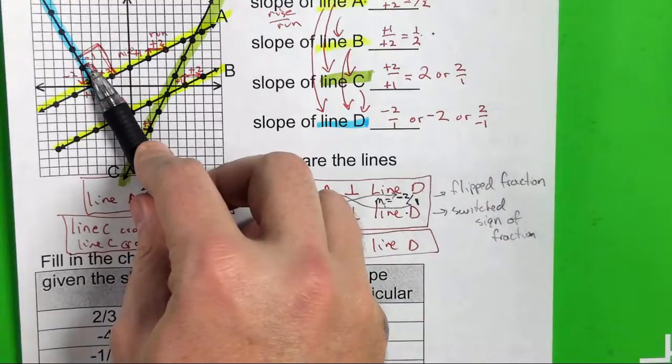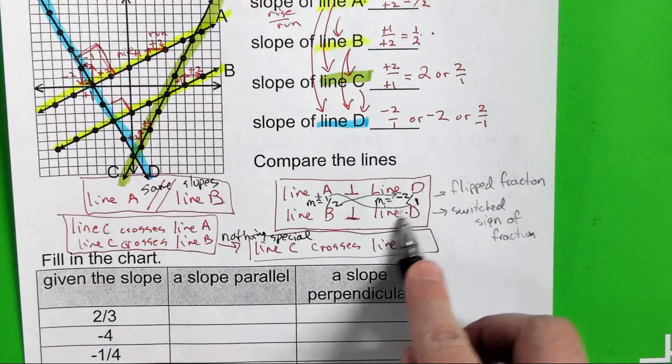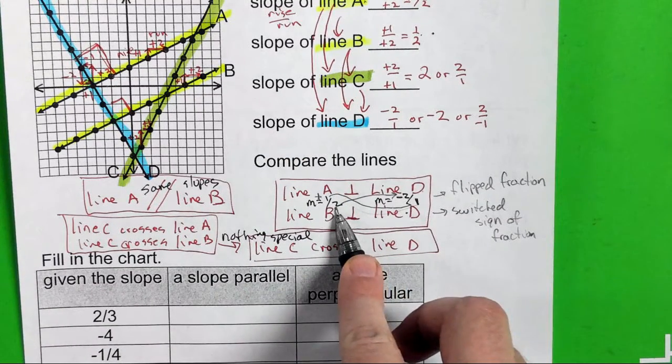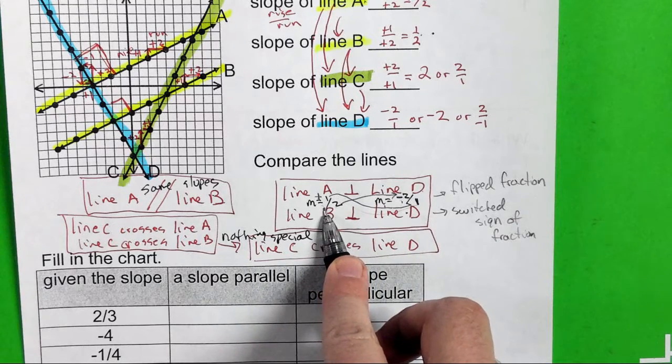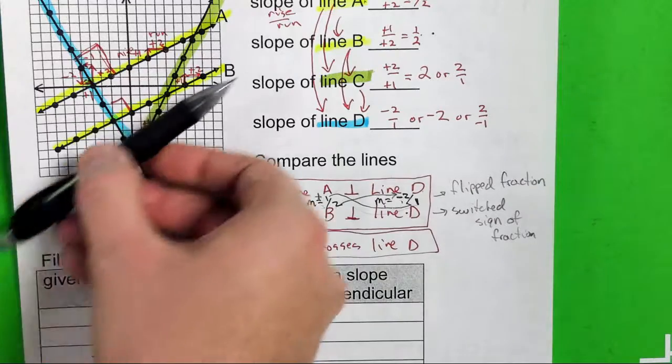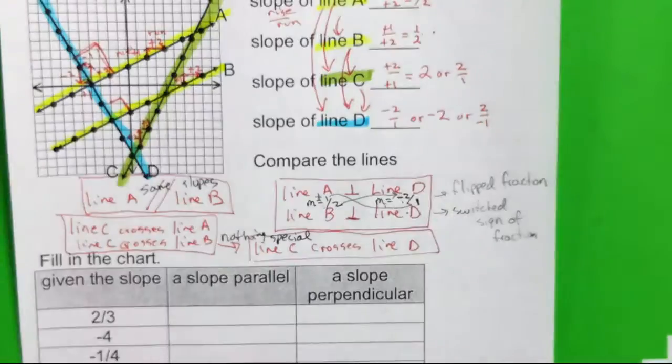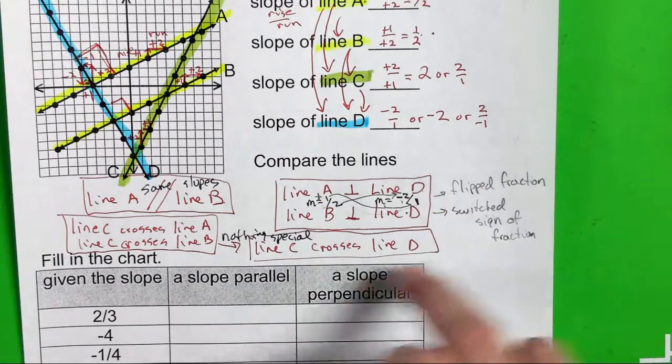If you started with D, then you would put the 1 on top and the 2 on bottom, and this whole thing is negative, so the whole thing should become positive if you want to get line B or line A slope. So I want you to write these down here,